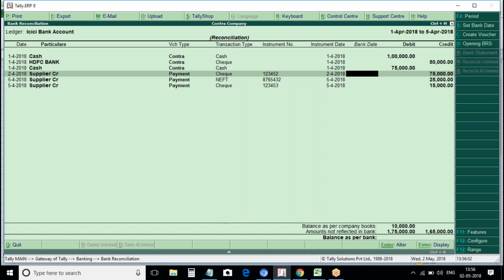Payment. So here it is showing credit and debit. Balance as per company book 10,000. Amount not reflected in bank is 1,75,000, and here 1,65,000 rupees. It's not showing 1,65,000. What is the 1,65,000? We have issued 3 checks with 1,65,000. What are the checks? One is